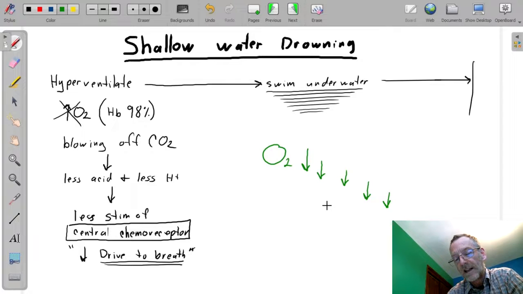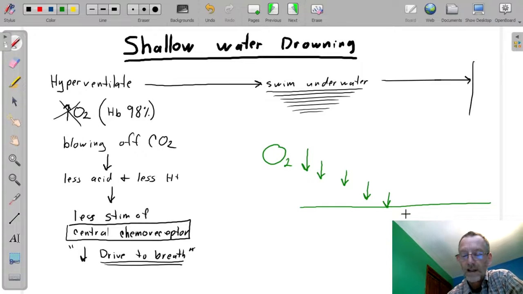But if we hadn't, if we had kept going and you get below a certain level, then you just black out. The brain shuts off. If you reduce the oxygen level to a certain amount, then the brain is incredibly sensitive. You black out underwater,